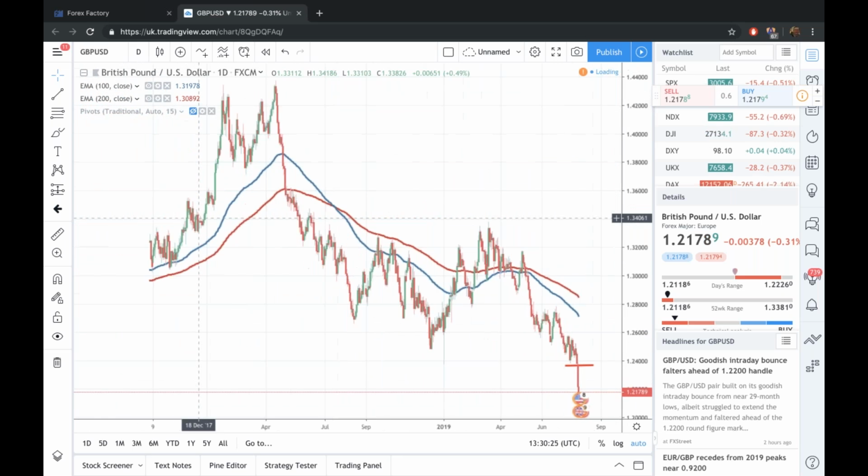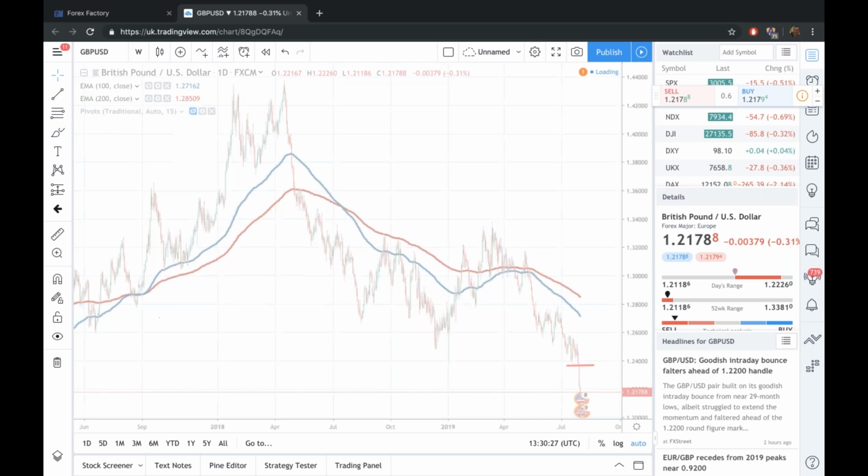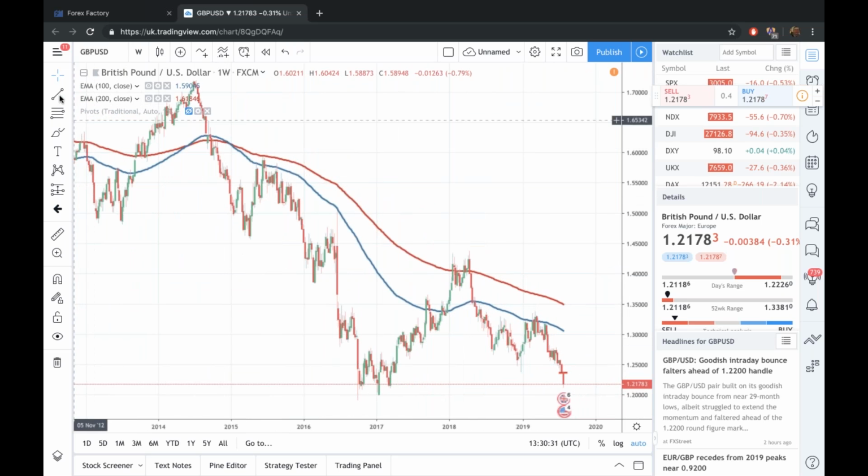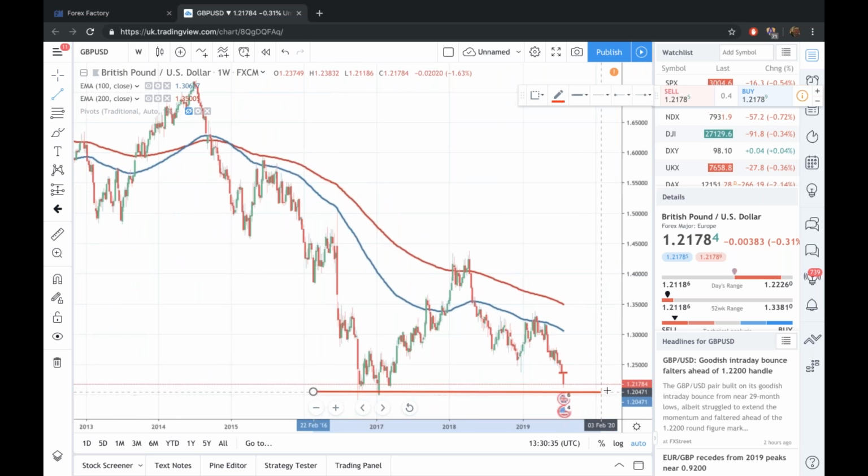The other thing you need to be aware of with these kinds of trades is big levels. You can see, look, we're coming down to this big support level here, this 1.20 level. This is very significant support. So we're coming down to that support level. Whenever you get a support level like this, you're going to get traders